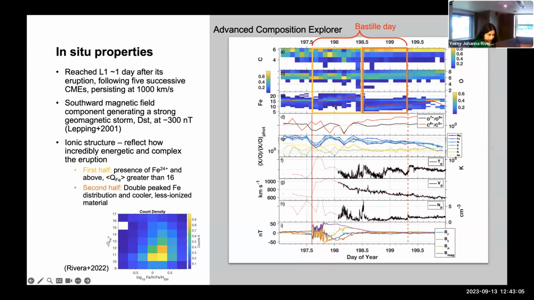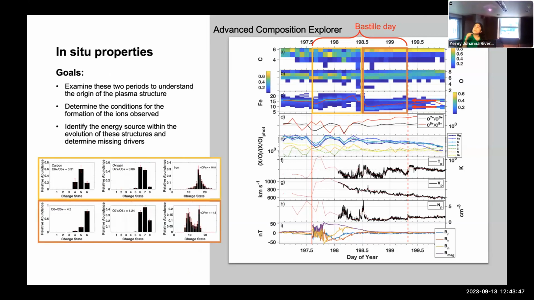I forgot to mention that this part here is associated with that flux rope that we were talking about before. And then in the second half, we see a very common iron distribution, this very bimodal feature, where we see a peak in the iron 16 distribution, which is up here, and then a peak at a lower ionized state. Apart from the double peak distribution, we also see, towards the beginning of the box, lower charge states that are generally not often seen in coronal mass ejections, potentially connected to the prominence material that we were talking about before.